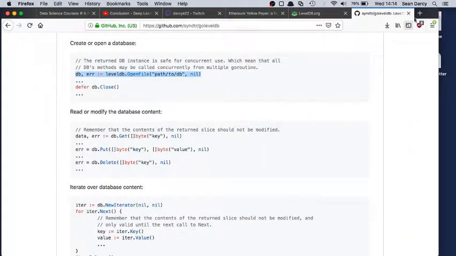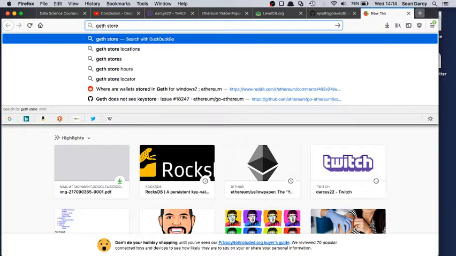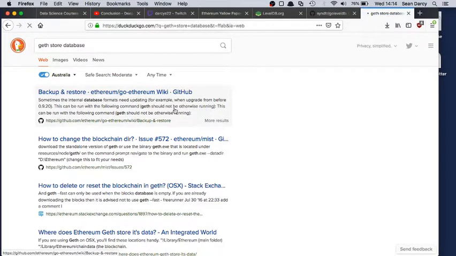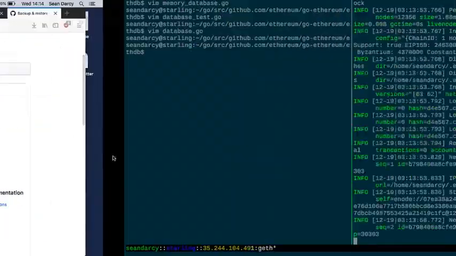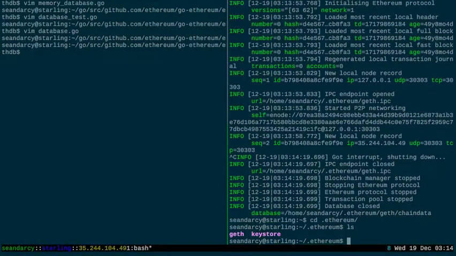Where does Geth store? Database. Probably should be looking for the code for this. .Ethereum, cool. C.Ethereum. Cool, so in here, in Geth,